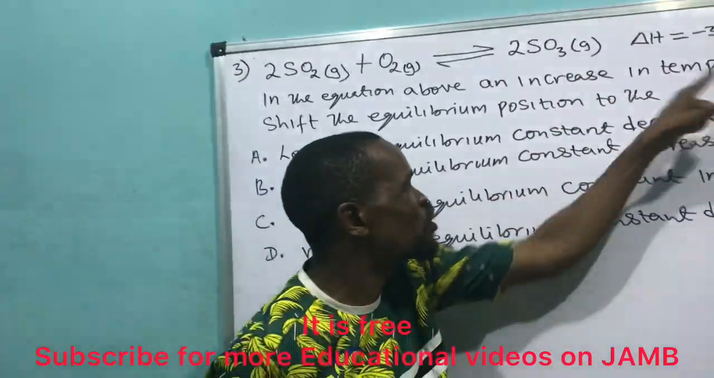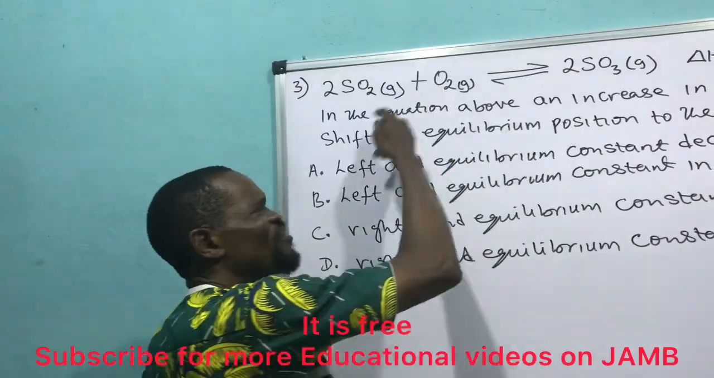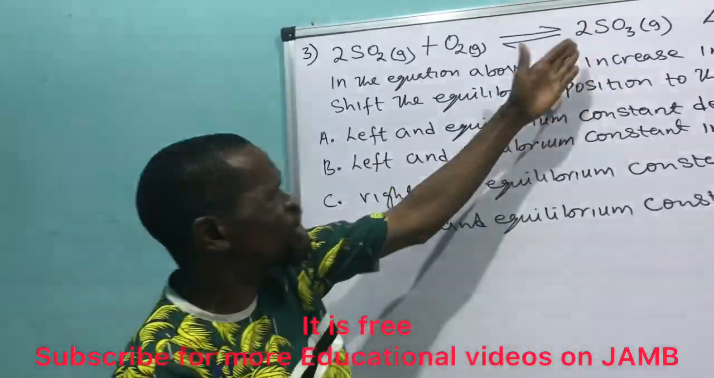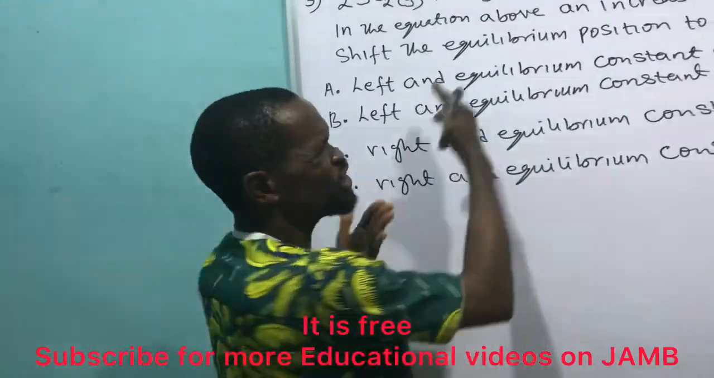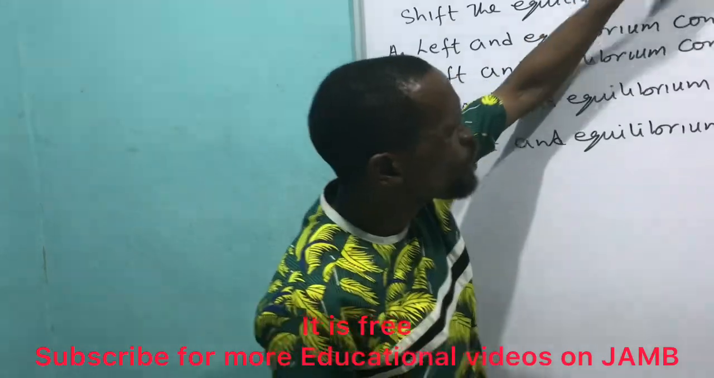Increasing the temperature will favor the backward reaction. And when it favors the backward reaction, what will happen to the equilibrium position? The equilibrium position will shift to the left. Instead of shifting to the right, it will shift to the left. And what will happen to the